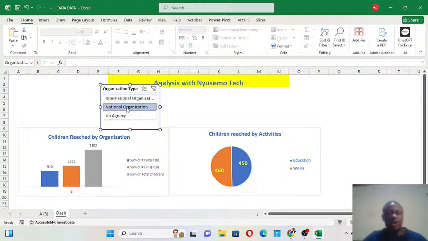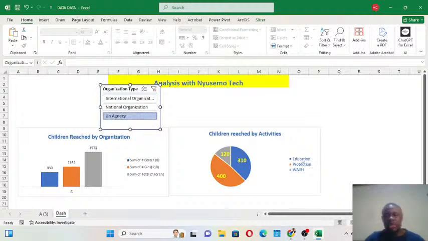But here now, national organizations, it shows that they did something on education, protection, and WASH. And under UN agencies, it also shows that they did something under education, protection, and WASH. Okay? So this is very, very important. So you see that here,